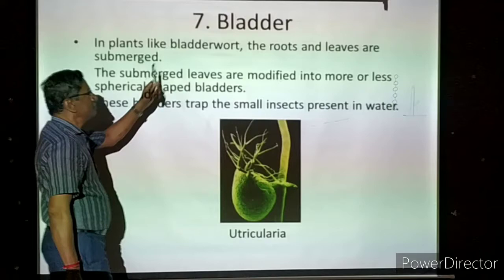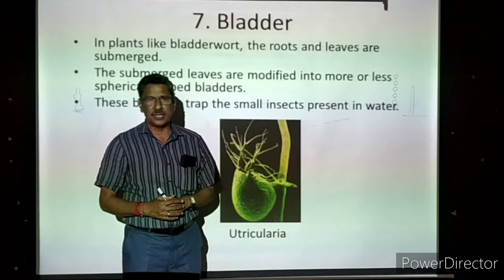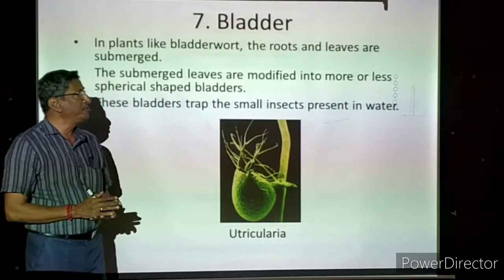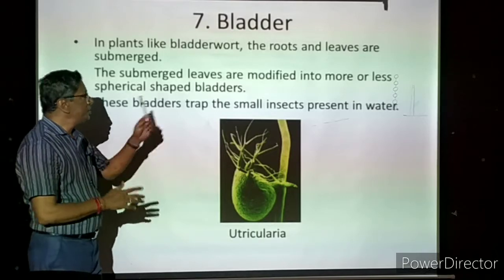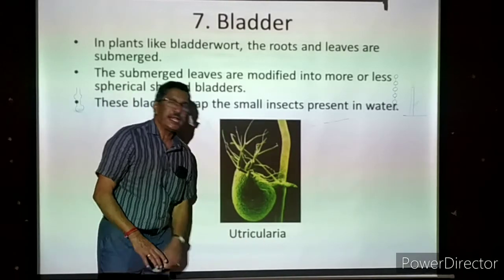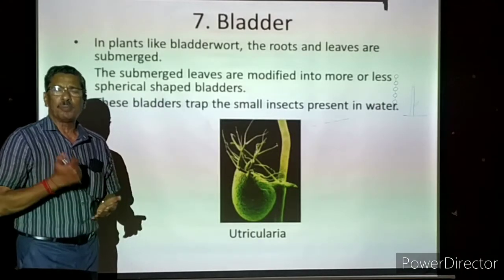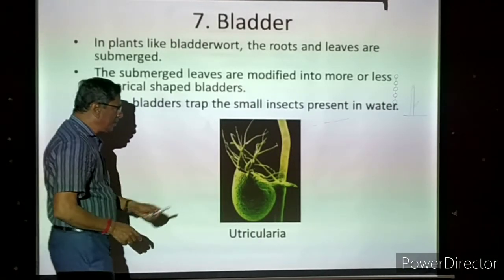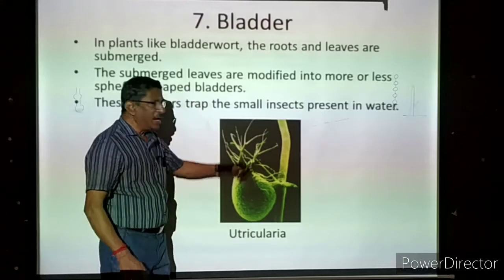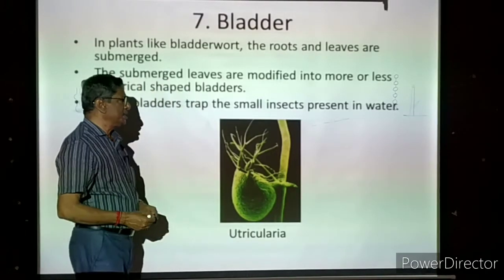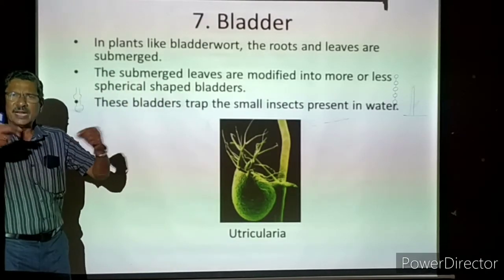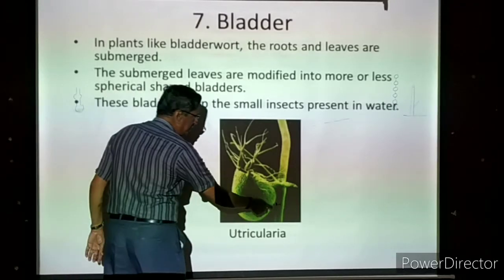Now we are coming to bladder. It is also an insectivorous plant. It is also a modification in an insectivorous plant. The best example is Utricularia. Now this lives in water, fresh water. It may be in a lake or pond or anywhere. In the pond or lake, the plant is immersed in water. It has very thin branches. Stems will be there. Now this is a branch.